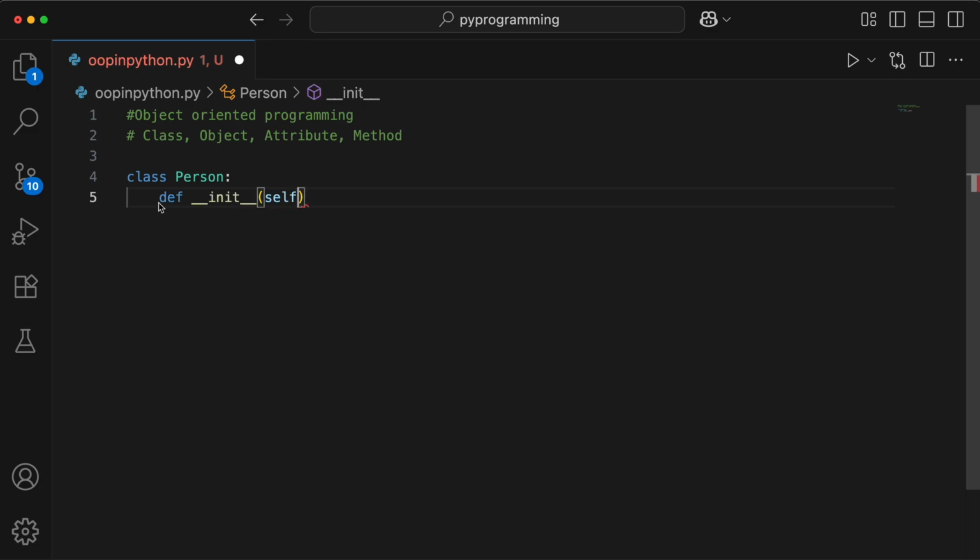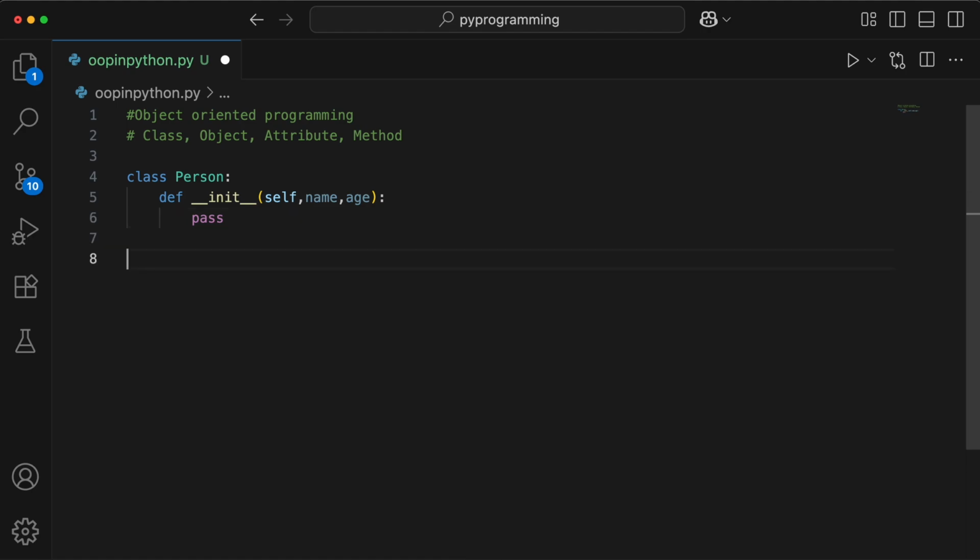This is a constructor, and this method is automatically called whenever we create a new object. This is exactly where we are going to define the attributes for our object. If I start creating an object for this particular class, what could be the attributes for the object? It can have name, age, and role, and you can add even more. Let's only add name and age for now. We'll put a colon, and then we have to write this block, but for now I'll just type in pass here.